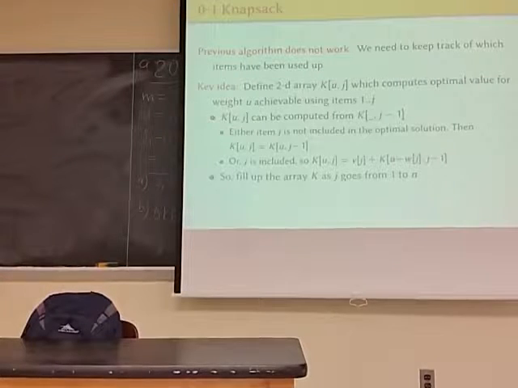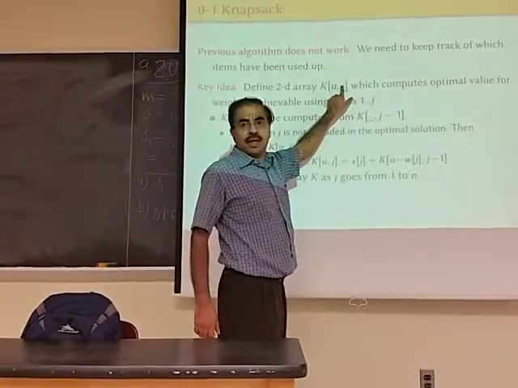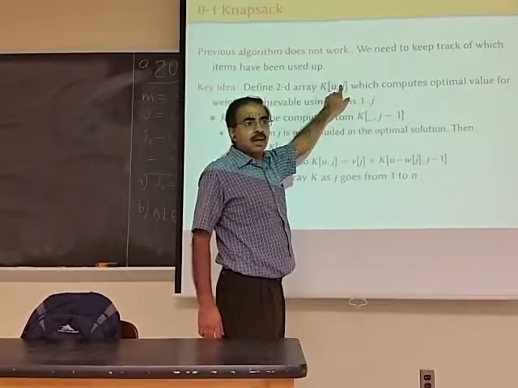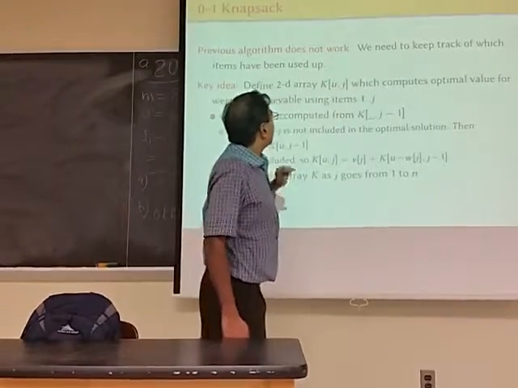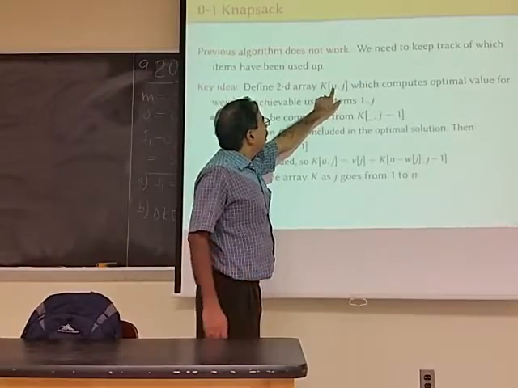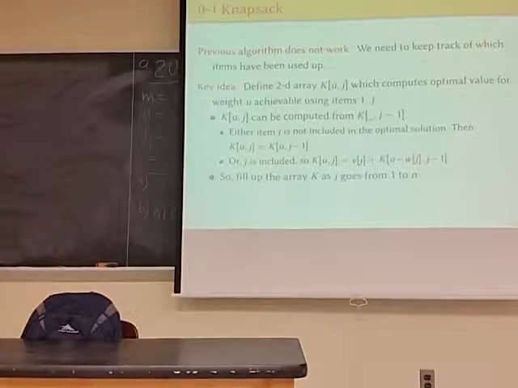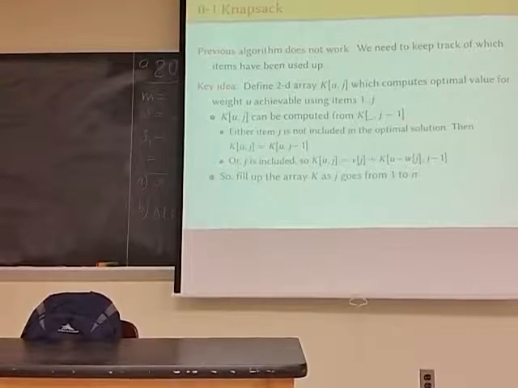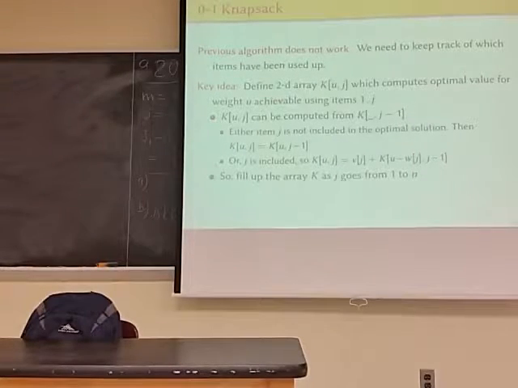By having j go from 0 to n, when this number goes to n, that means you no longer have any constraint because all of the n items can be picked. So when you fill this array, not only in terms of increasing weight, but also increasing index, when you finish filling out that array, then you have solved the problem. Okay, so the algorithm itself is